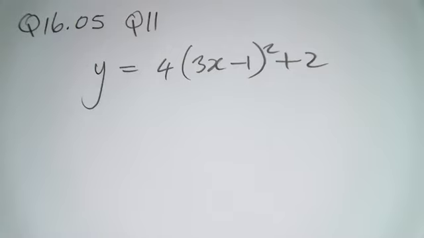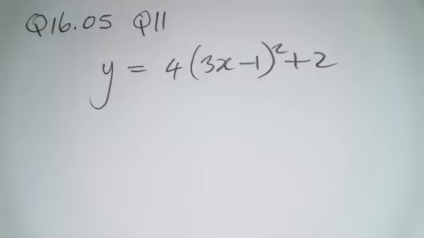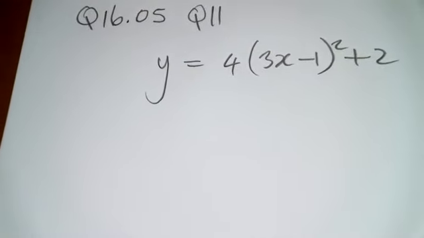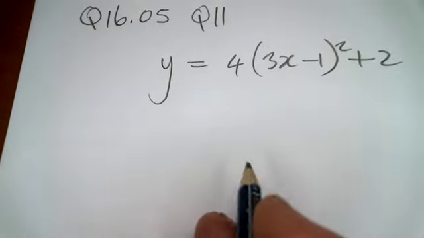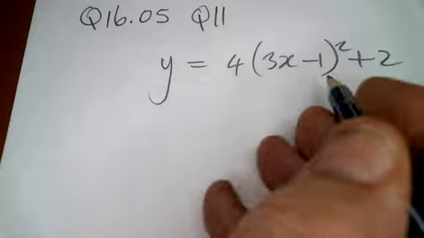Question 16.05, question 11. Now this is getting a little bit more involved. A few more things to move around before we can find x. We're making x the subject here, of course. So I'm actually going to write it the other way around. I want all the x's on the left-hand side, and everything else on the other side. So I'm just going to write here